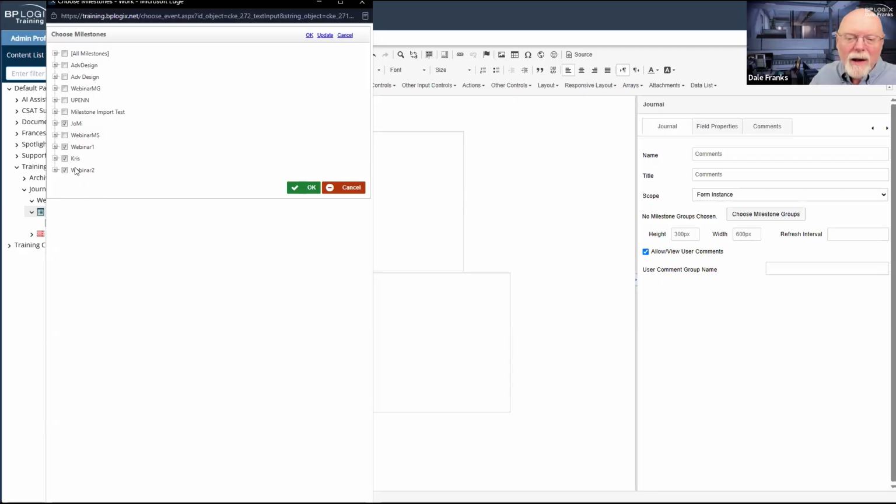I need to get rid of all of these. And I am not going to take the time to go back in and manually delete each individual milestone to try to back myself out of it. If I want to get rid of them, though, that is really what I need to do.